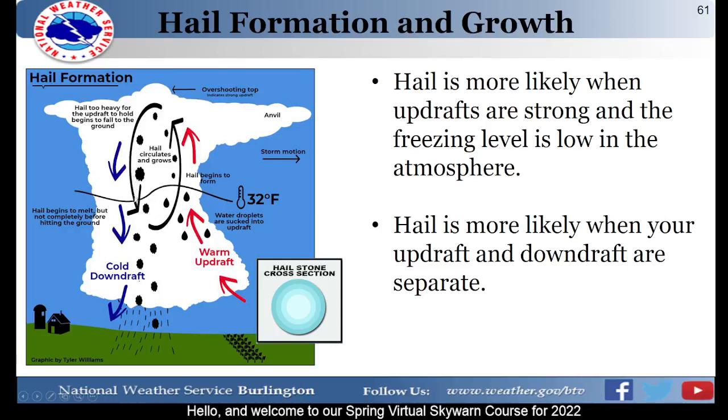And so as it begins to fall, it'll start melting on its way back down to the ground, at least a little bit. But in the case of a supercell, where your updraft and downdraft might not be co-located, sometimes, especially in very strong updrafts, some of those hailstones can be picked back up, collect a little bit of water droplets, and move back up where it's below freezing and grow larger and larger. So sometimes hail will cycle in and out of this, melting and refreezing, sometimes before it makes it down to